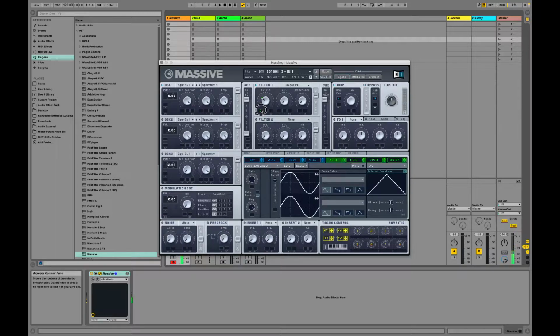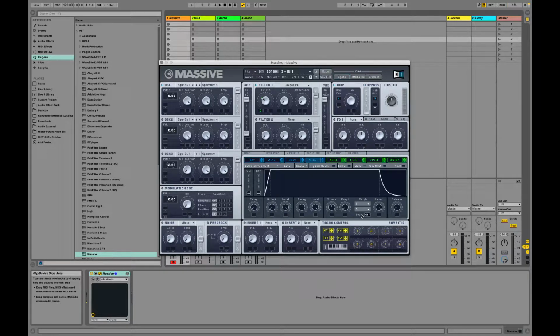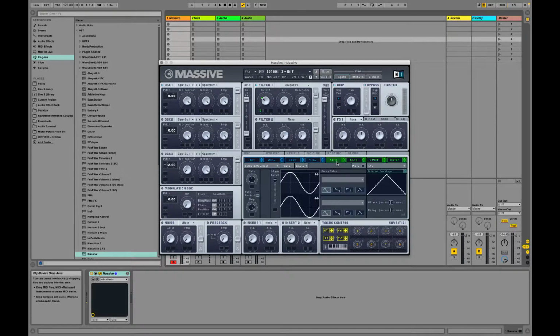Now, an LFO is kind of like an envelope, but not really. Where an envelope has kind of a linear path that it follows, unless you do some looping, which I'm not entirely sure how to do here in Massive just yet. But yeah, an envelope is going to go one way in the door and out the back door. But an LFO is going to sit there and waft around indefinitely. And that's the kind of effect that I wanted for this. We can make it more subtle,